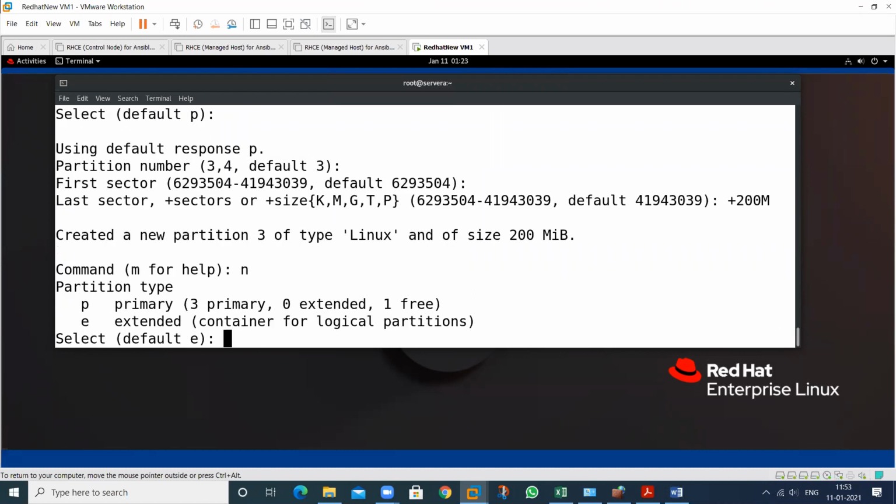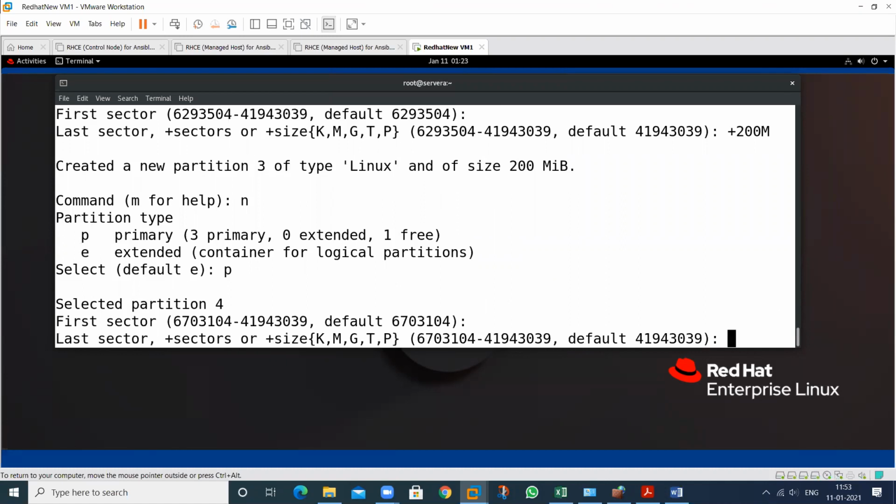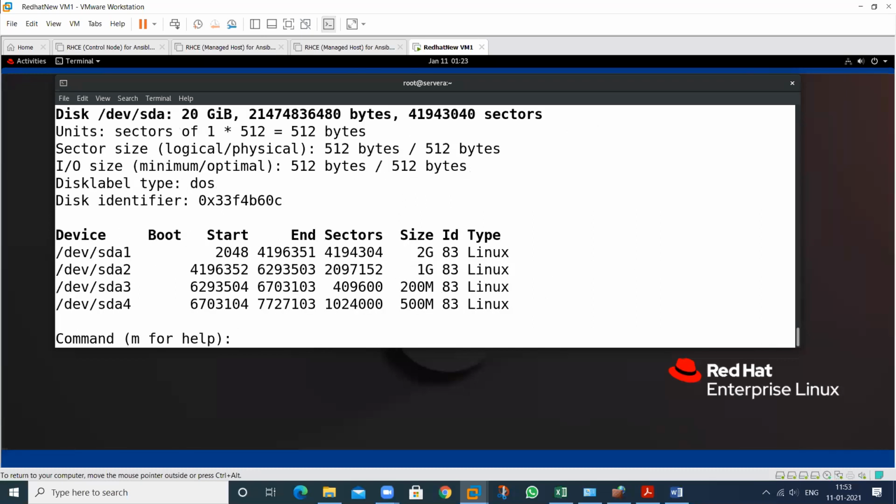Then the last one that I want to create is 500M. So now see, how many partitions do we have at this time? This is the partition ID of the primary partition. So this is a 2 GB partition, this is a 1 GB partition, this is 200 and 500 MB partition. Now are we able to create a partition again?